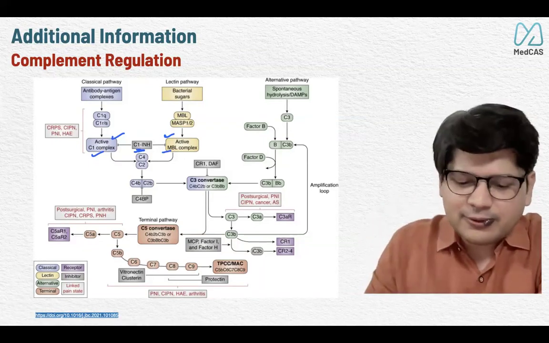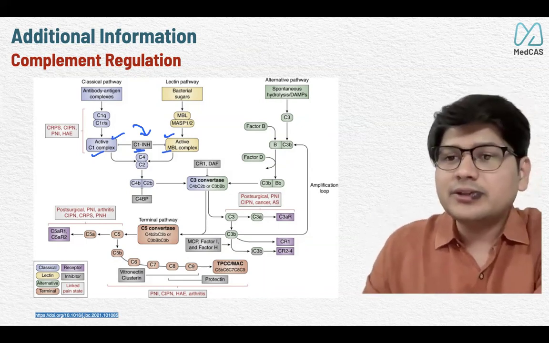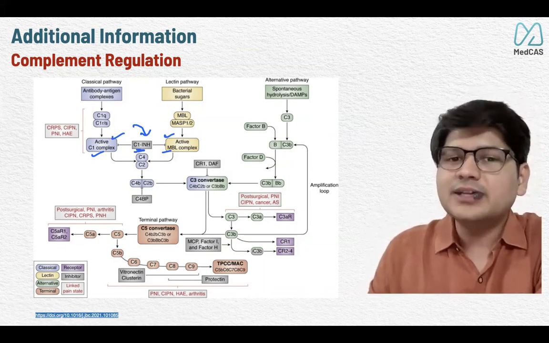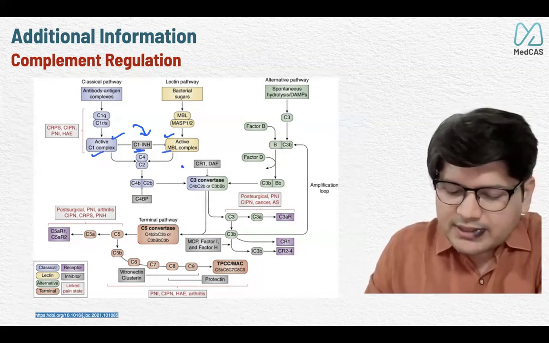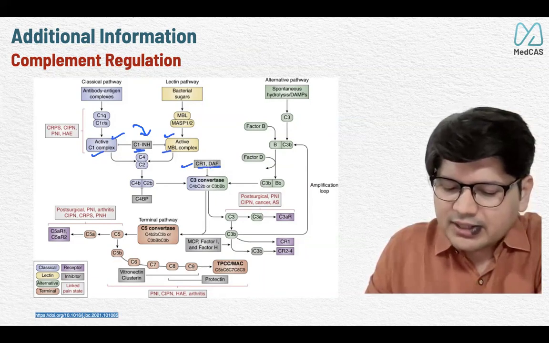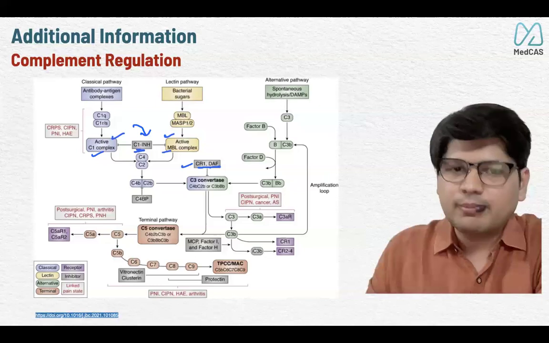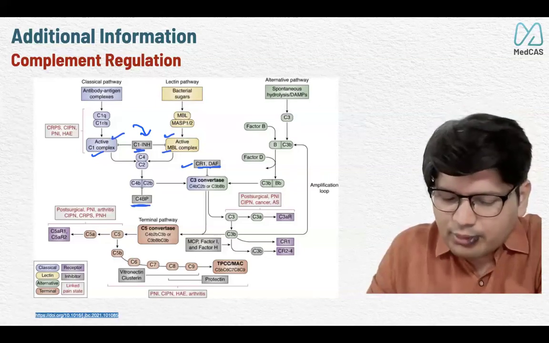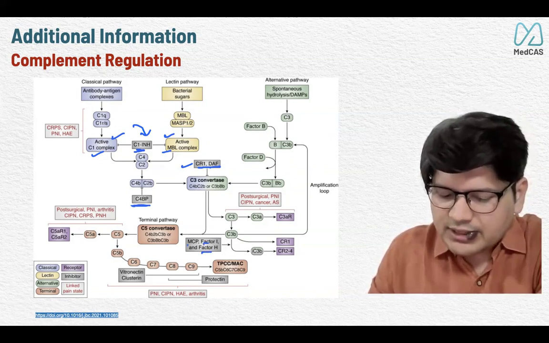So for treatment, if you supplement additional C1 inhibitor from the outside, you are done with your job and life is good, right? This is how it works. Then the second, if you see the gray, complement receptor 1 and decay accelerating factor, which are at the level of C3 convertase. They are natural inhibitors of that. Then you have C4 binding protein, which is at this level also.